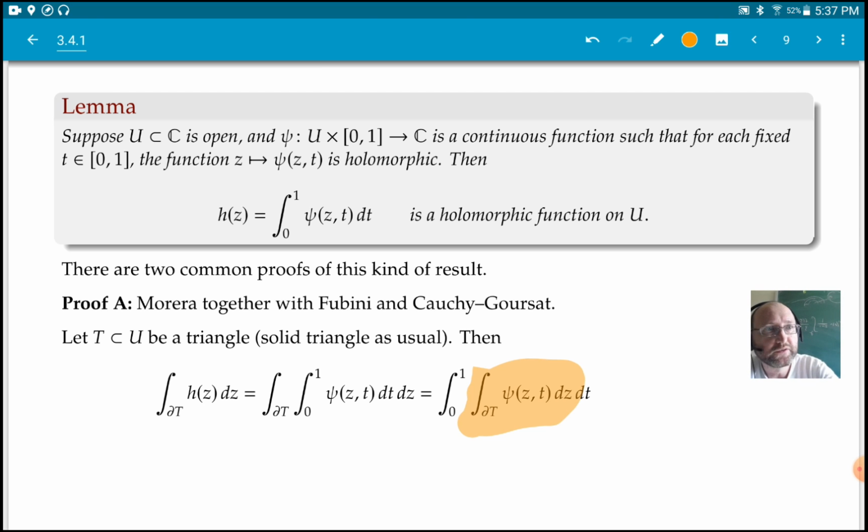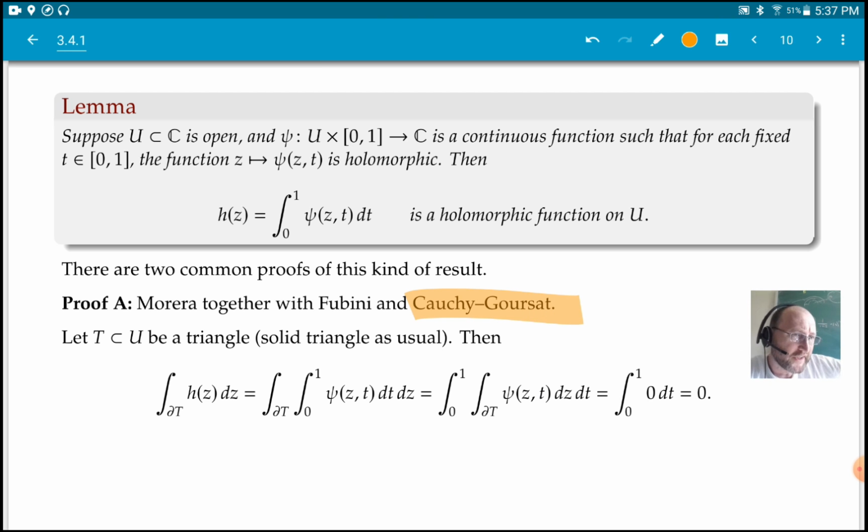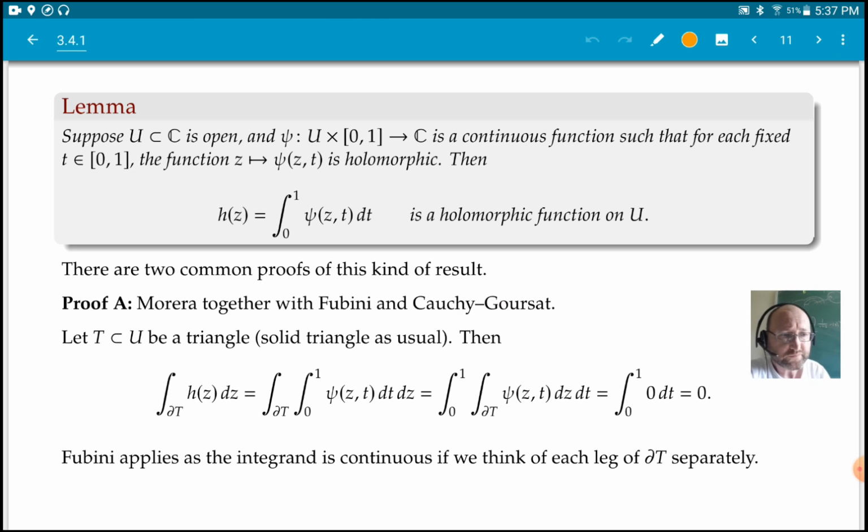So now over there, you can just apply Cauchy-Goursat. Really, we're talking about triangles, right? So whatever is inside here, that's just 0. So we're integrating 0 from 0 to 1. That's always 0, right? So therefore, this is 0, and we'll get